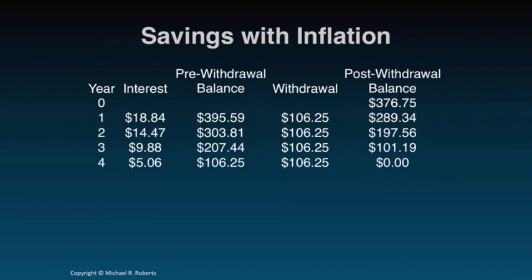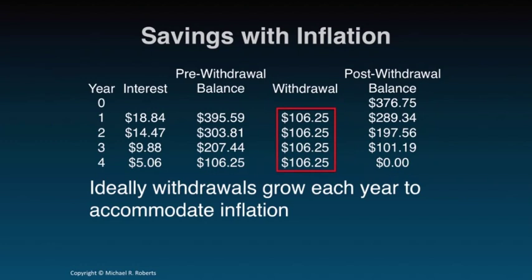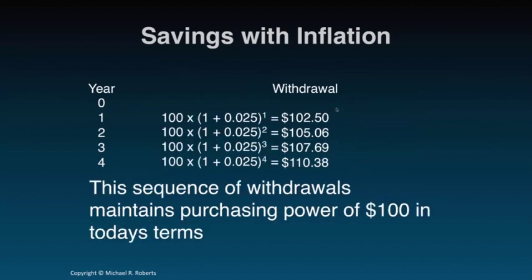But ideally, we want our withdrawals to increase each year to accommodate inflation, right? I want these withdrawals to go up every year to account for the increase in prices of the goods and services that I'm going to purchase with that money. So let's think about this. Well, if prices are going up at 2.5% per year, that means what I could buy with $100 today, I'm going to need